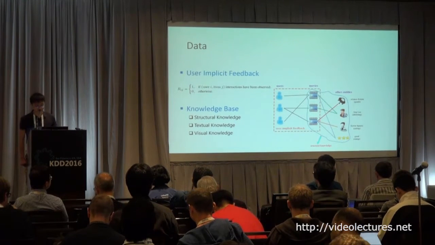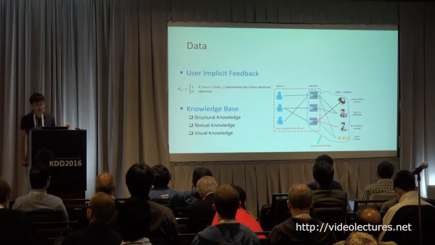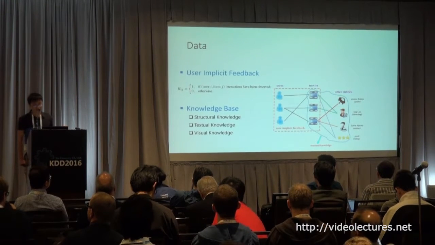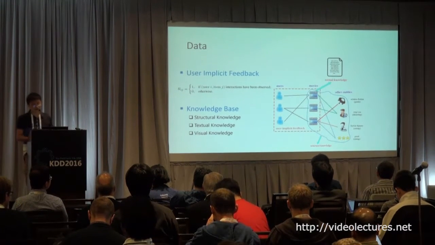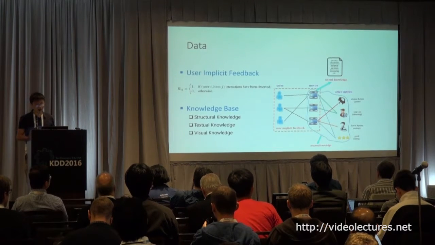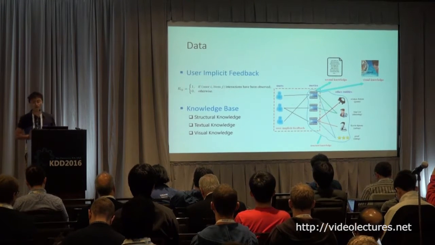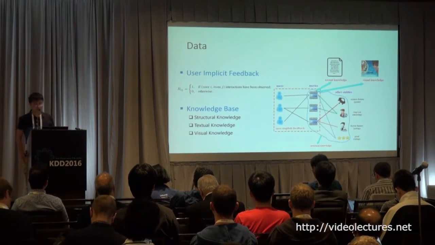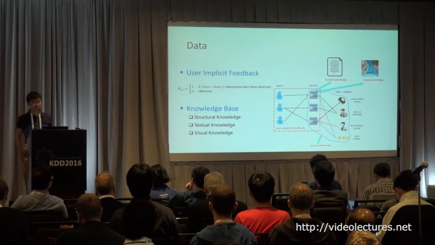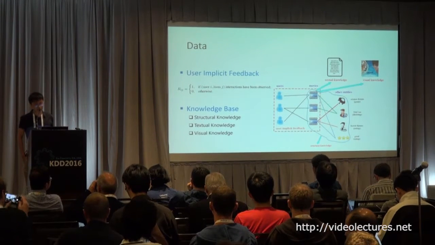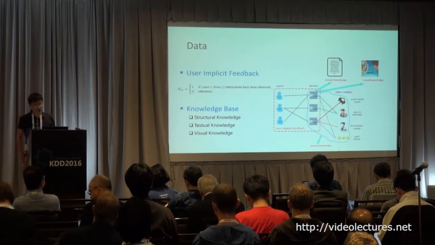First, the structural knowledge is a heterogeneous graph. It contains movies and attributes as its nodes, and the relationships as its edges. For each entity, we also have its textual description and image description as its textual knowledge and visual knowledge. For example, for a book entity, its textual knowledge is the introduction and its visual knowledge is the front cover. For a movie entity, its textual knowledge is the plot description and the visual knowledge is the poster image.